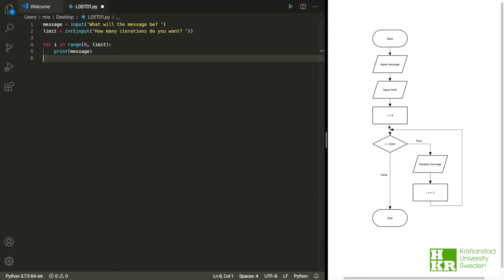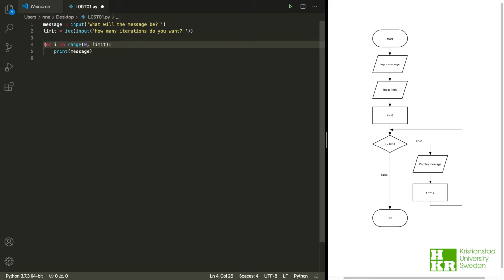And we can also see that, all right, as long as i is less than limit, that is taken care of here in this little bit of code too. And actually, this little bit of code is doing more for us. It's also increasing i. So we can see here that I've been very verbose when I have written these 3 steps here, so that we really know what's going on. And we can also see that, all right, we display the message that we read up here